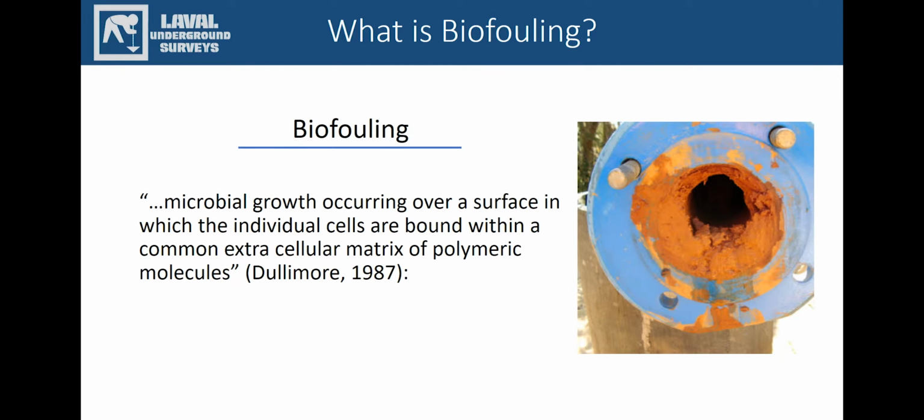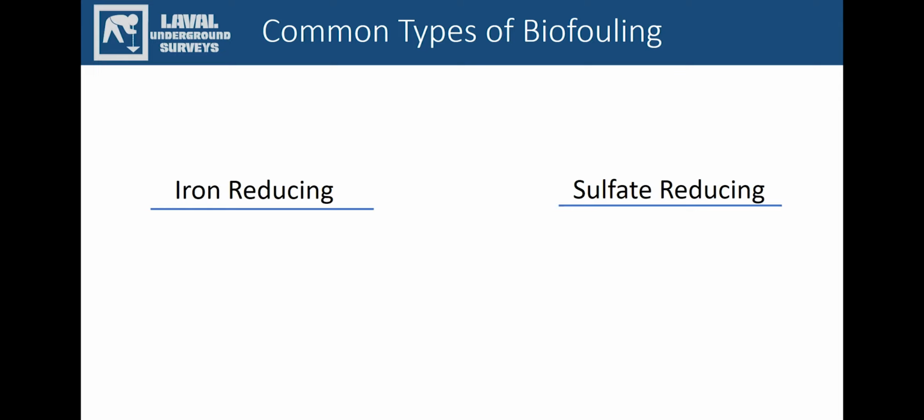When we talk about biofouling, it's important to categorize what we're actually talking about. Biofouling is described as a microbial growth occurring over a surface in which the individual cells are bound within a common extracellular matrix of polymeric molecules. There are different types of biofouling, and two of the main ones we deal with are iron reducing and sulfate